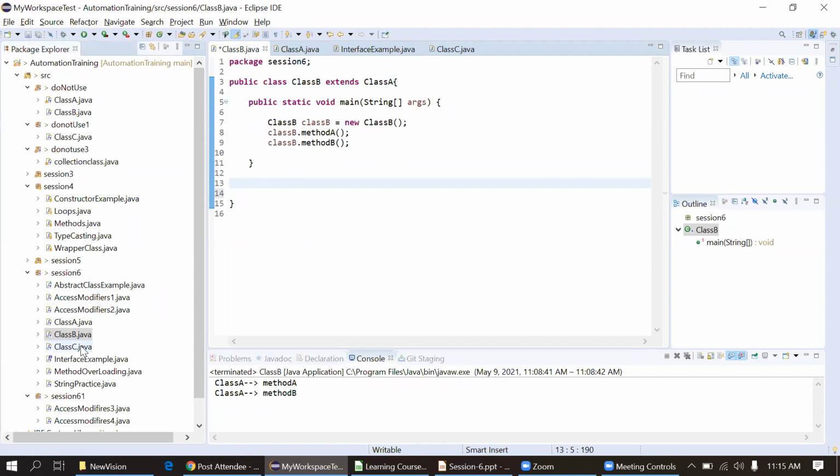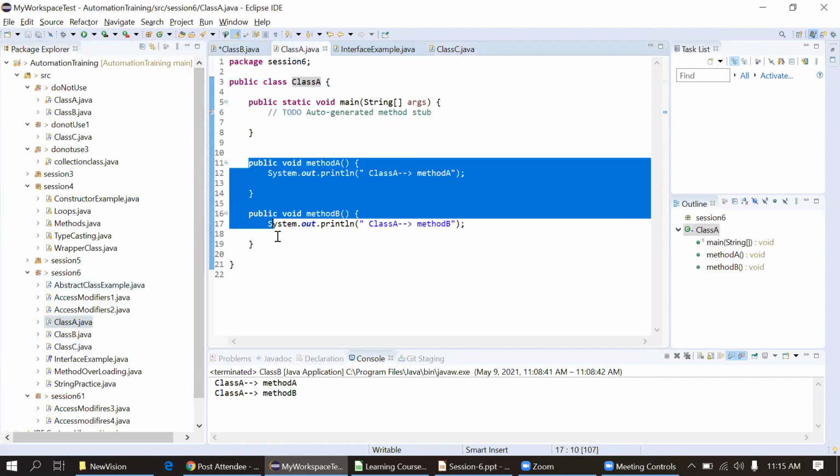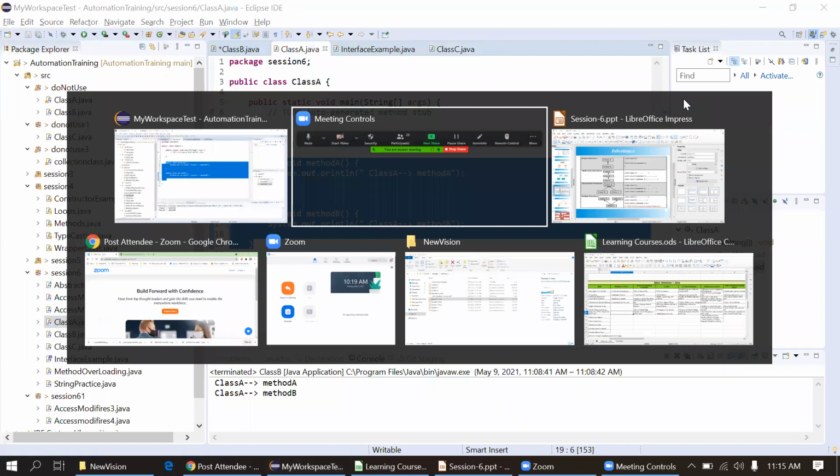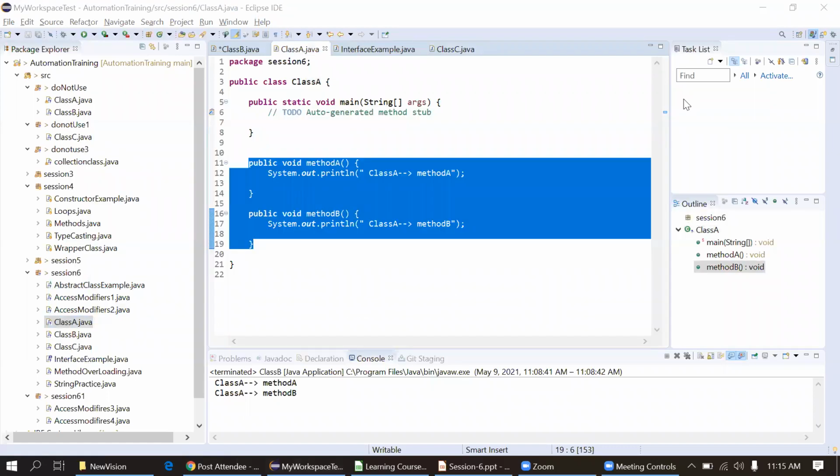I will define the method again to explain one more time, or is it clear? Yes, Ritesh, it's about the method. We are just using the method from the parent classes.